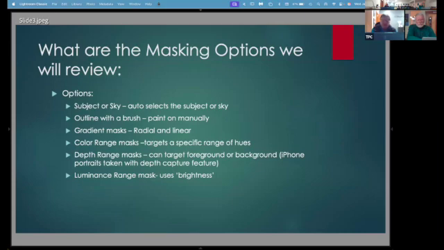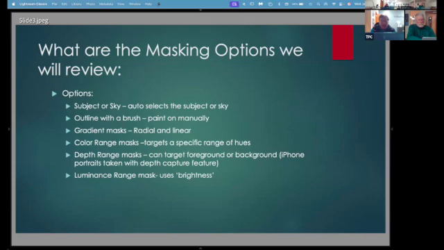If you go real fast, then you might have to go back and do some correction. So take your time, go slow with an appropriate size brush, and you'll be fine. Gradient masks, of course, these are things that I think we all use all the time, radial and linear. They're going to be very important as we move through the demos. I'll show you how you can use those with what's called intersection masks, which I think is the main takeaway